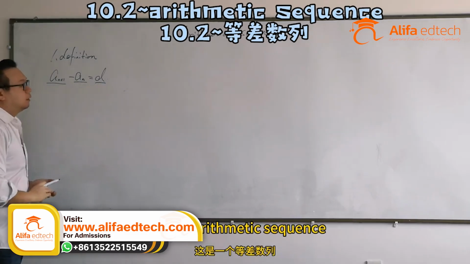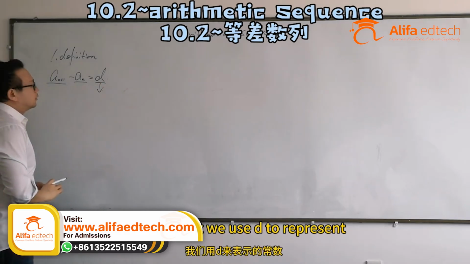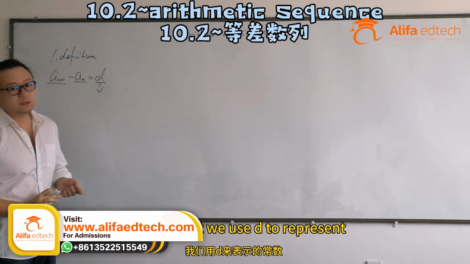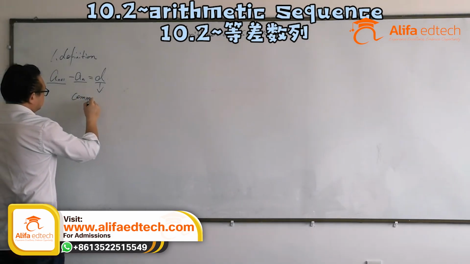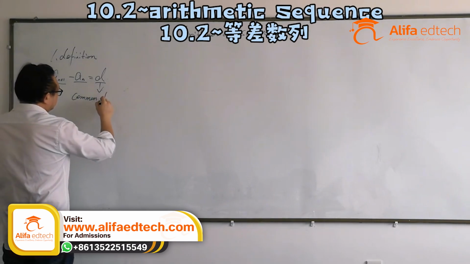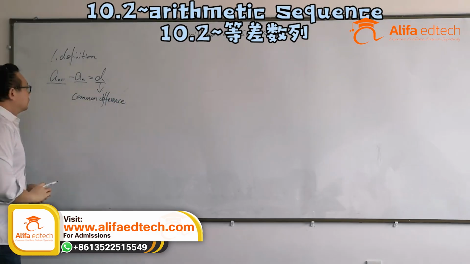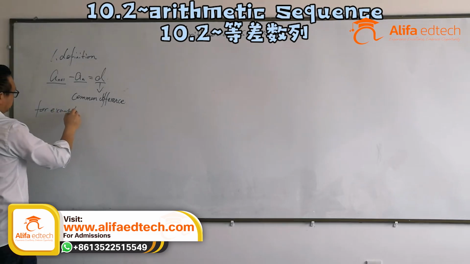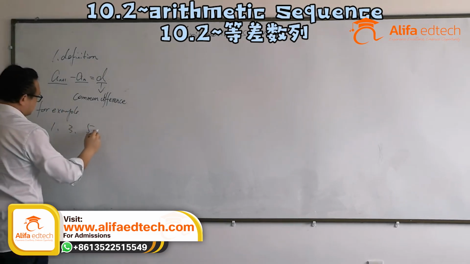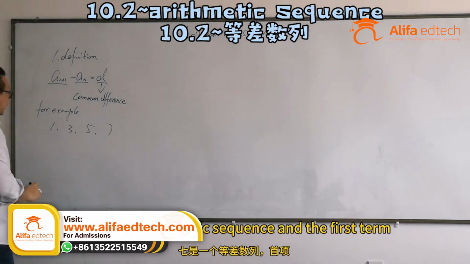So this is an arithmetic sequence, and the constant we use d to represent, and we call it the common difference. For example, 1, 3, 5, 7 is an arithmetic sequence, and the first term we call it